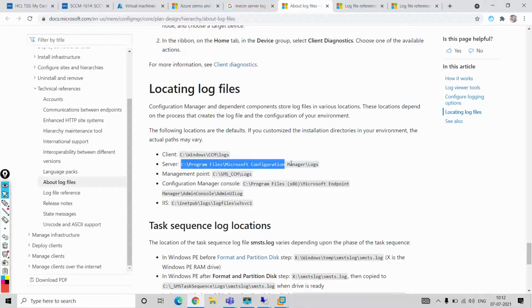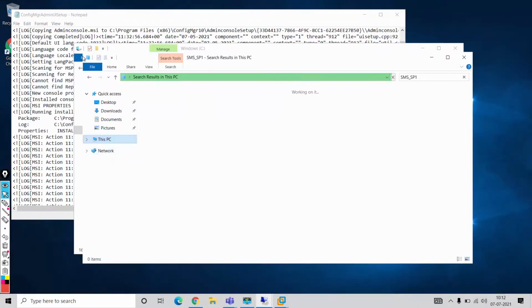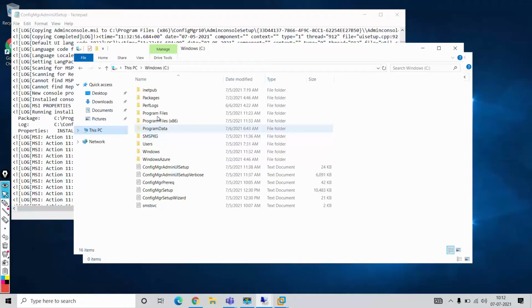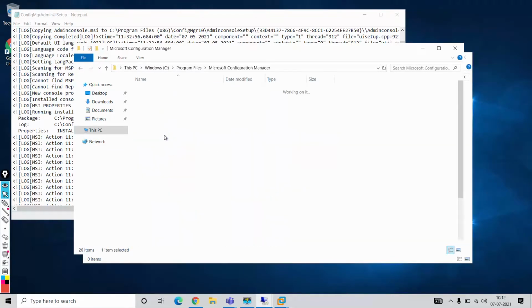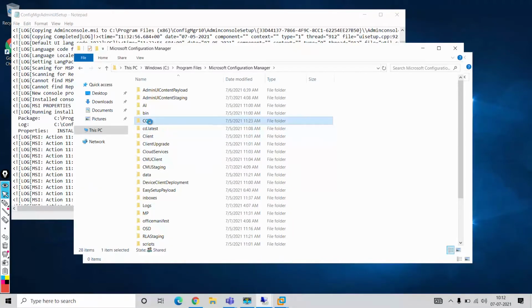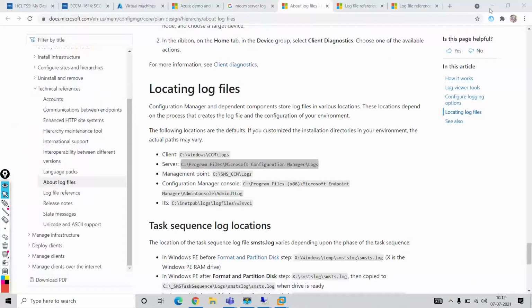Okay, the location has changed. C program files, Microsoft Configuration Manager.